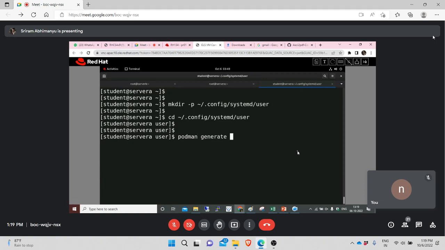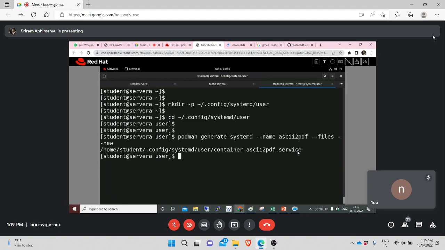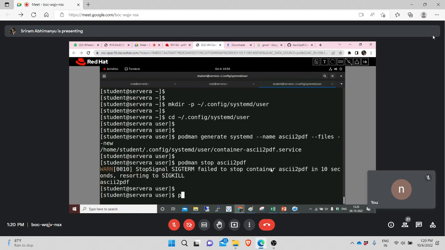podman generate systemd --name ascii2pdf --files and --new. So as you can see, the container service is created: container-ascii2pdf.service. Now what I'm doing, remove the old container: podman stop ascii2pdf. If we give the stop command and remove command, it will take time. Just be patient, because we are removing the old container and we created the